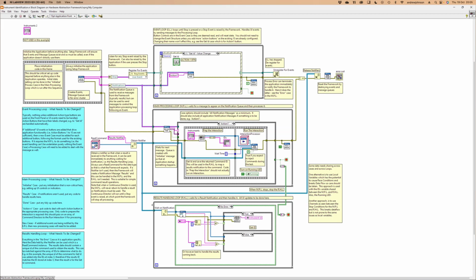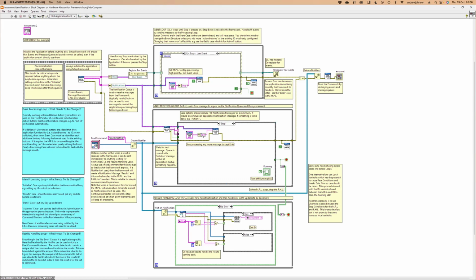Okay, so when we do stop, we register the event here, and that will raise a message onto the queue. And, if I just very quickly show you, if we get this stop, it enqueues a message to tell the loop here to stop. That's picked up, and we turn off the LED, and we run an exit state, and the exit